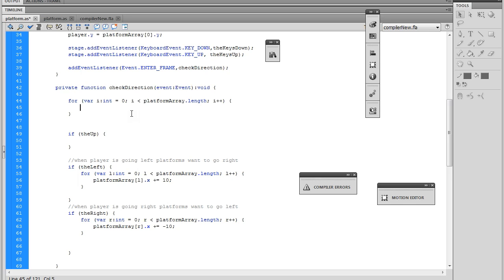Okay, and now we need to go through our array and basically have a hit detection to see what platform the boy is currently on. So we are also going to need a variable that we can call which platform, to define which platform he's currently on. So let's go ahead and create a